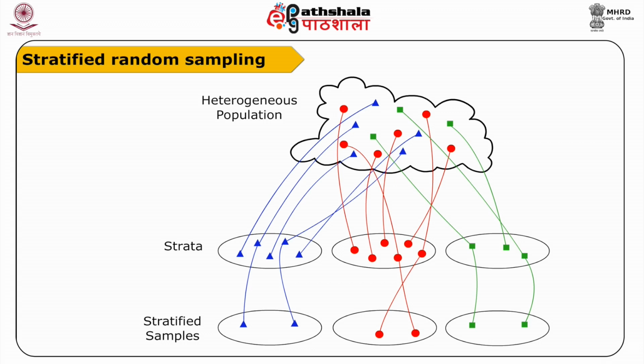We can use one of two approaches. Either we select at random from each stratum a specified number of elements corresponding to the proportion of the stratum in the population as a whole. Another approach is to draw an equal number of elements from each stratum and give weight to the results according to the stratum's proportion of the total population. In other words,